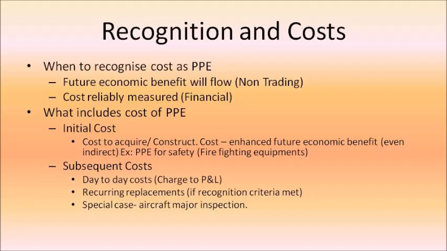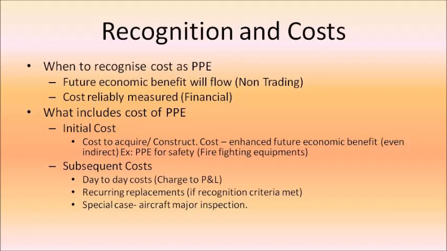The major criteria for the initial cost to be capitalized as property, plant and equipment is that future economic benefit should flow from that particular asset, and obviously the benefits which we derive from that particular asset won't expire in one financial year, and it flows for more than one financial year over the useful life of the asset. Even if a particular asset provides you the benefit in an indirect way, but still if it adds to the future economic benefit, then it has to be capitalized as property, plant, equipment.